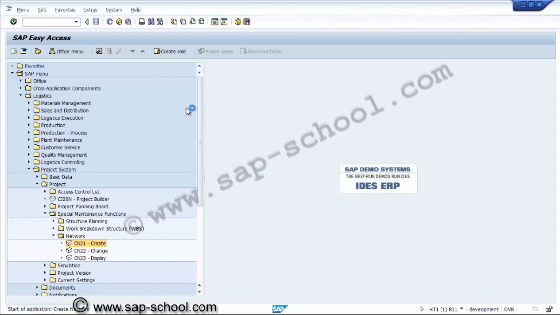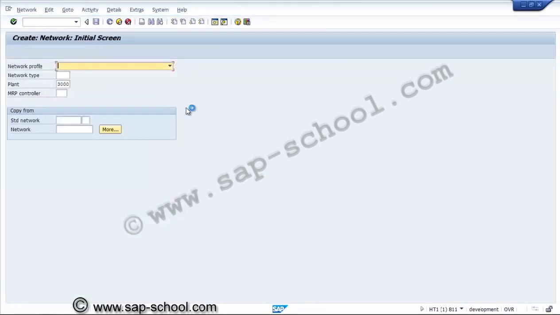So now in the first screen, while assigning the network numbering, we'll do it in a similar way. So here we'll select the network profile we have created for the plant 3000 and network type PS1.